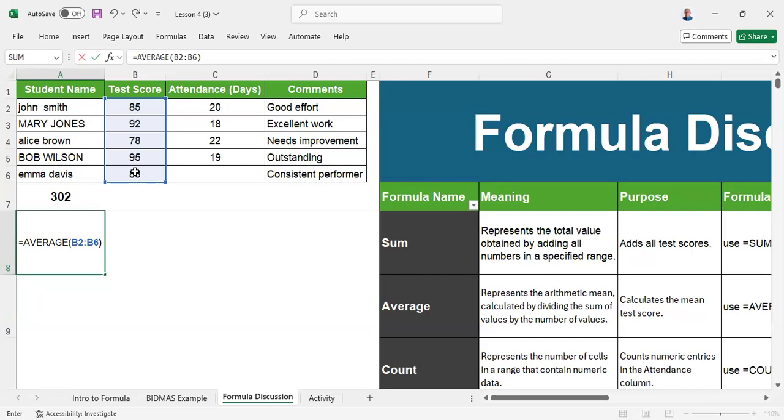It's almost the same as the sum, but the difference is because it says the average. Okay, so if you have two equals now, you need to make sure that